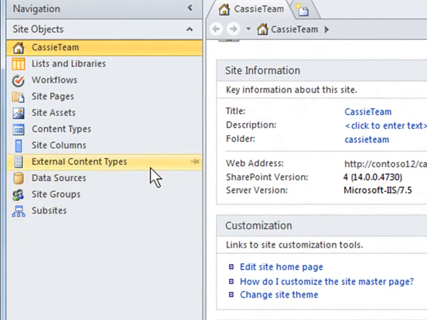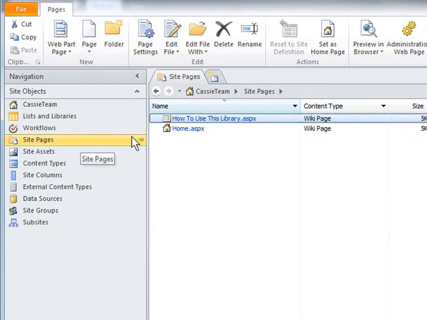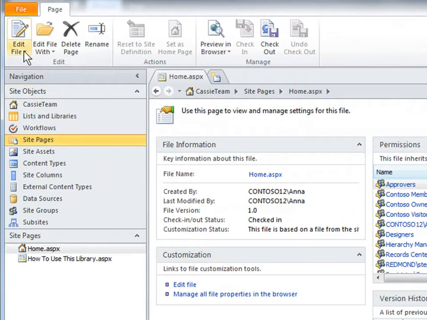For starters, there are no master pages or page layouts in the navigation pane. We also notice there's no All Files option in the navigation pane, preventing us from working with files directly in the site structure. As to detaching pages, if I open one of my site pages like the home page, then